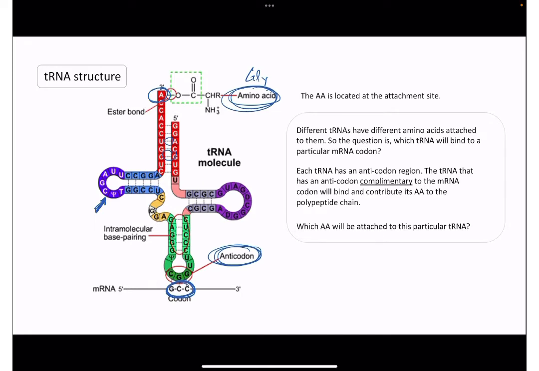But there's a bunch of tRNA molecules with different amino acids in them floating around the cell. So how are we going to know that this specific tRNA with the glycine around it needs to recognize that GCC codon? And the answer to that is on the tRNA molecule, there's an anticodon region. What's going to happen is that the anticodon for the tRNA with glycine is going to be complementary to the mRNA codon. So we have C, G,